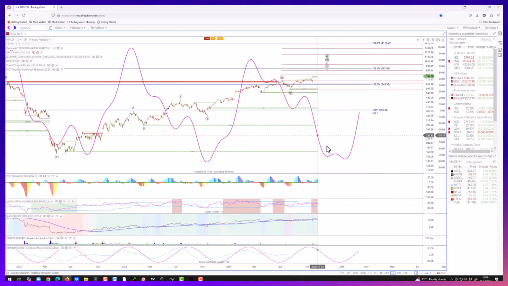Netflix, you can see here, still expecting lower in Netflix into around the 10th of January. So it would suggest to me we're going to get a pullback against this little move here, then a B, C to conclude this final large move up. 887, 888 would be the final target, but after a pullback that's going to take us into around the 25th of this month before we get any kind of bounce.